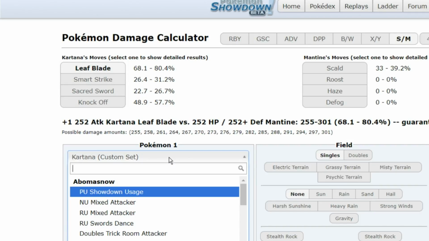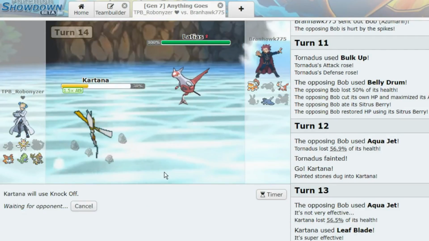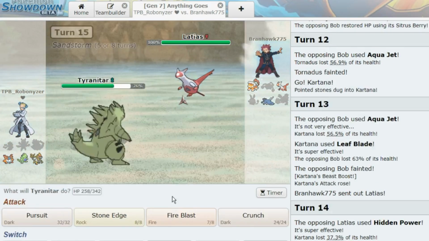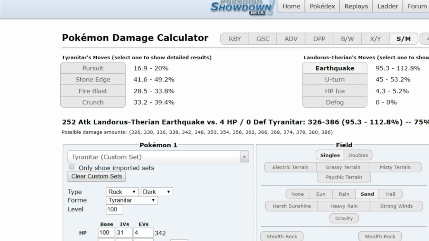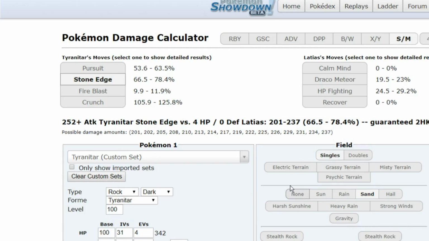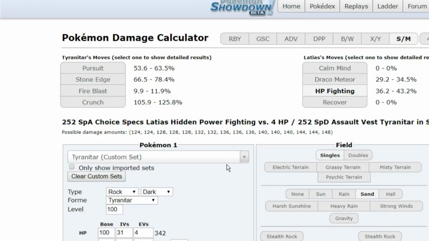At +1. Knockoff will kill him. So we're gonna do that. Hidden Power? Fire? Oh, fighting. Okay, you don't touch Titar. Okay. Tyranitar. I thoroughly believe that was HP Fighting. Pursuit kills if he switches out. If he stays in, it 2-hit KOs. He has to be Specs to 2-hit KO me. And would a Specs...